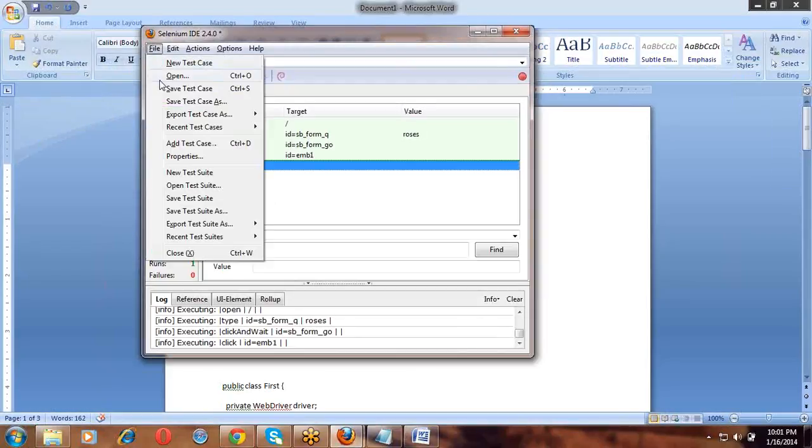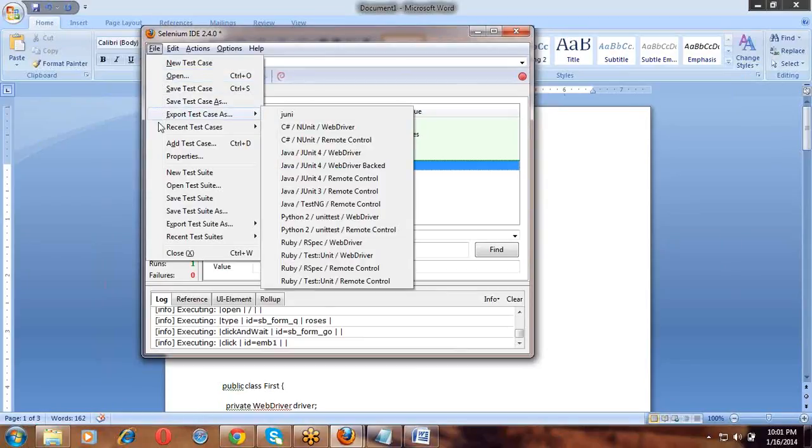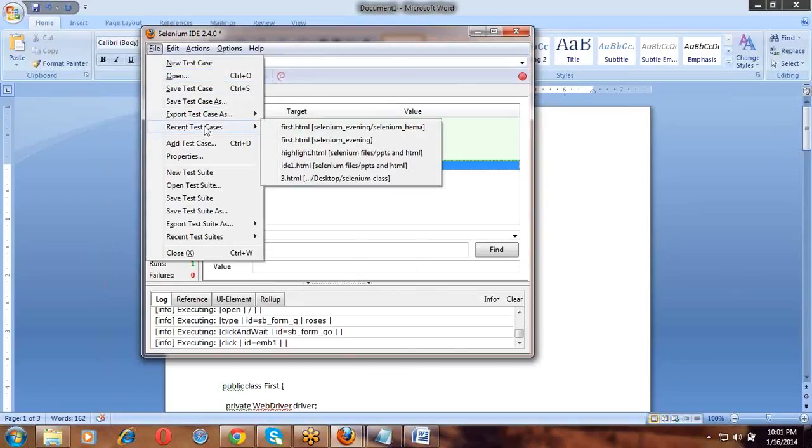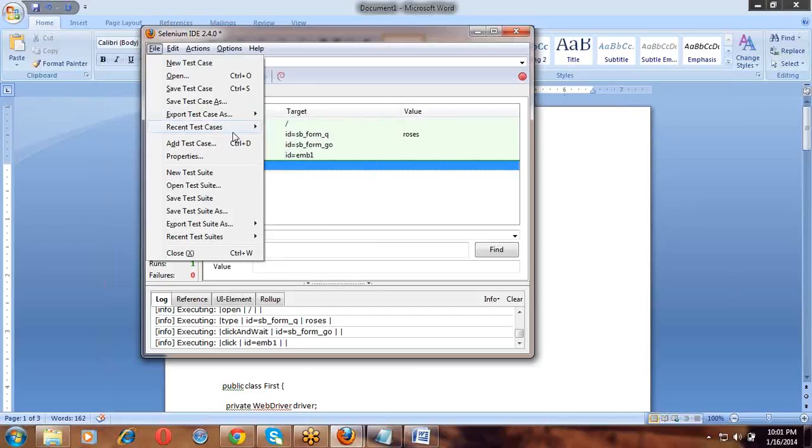We have seen new test case, open, save test case, and export test case as. Recent test cases, whatever recent test cases that we have opened or saved, will show here. Okay. Then add test case. If you want to make